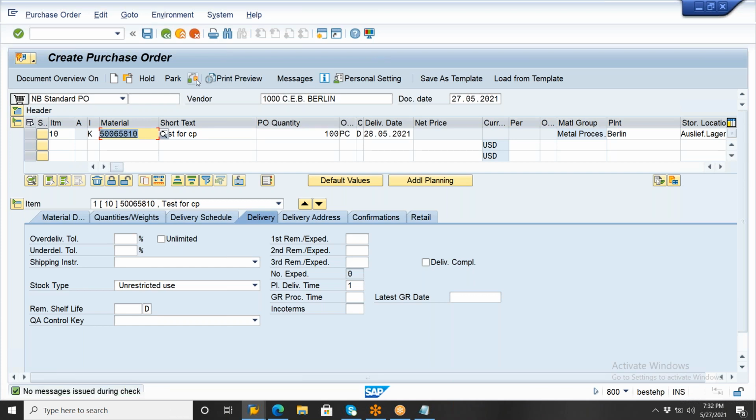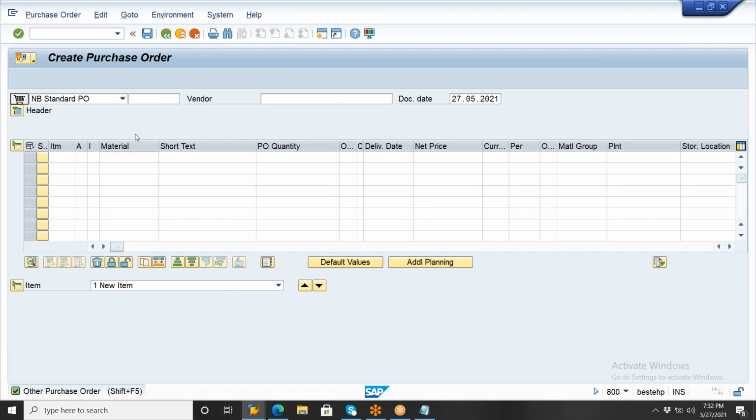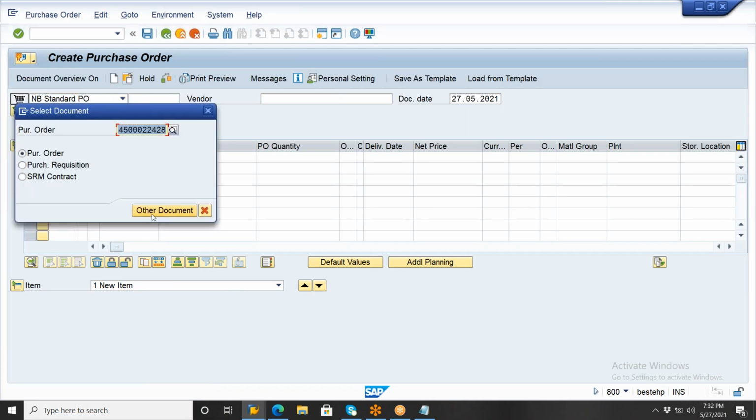Then once you click on message determination check and click on save, the purchase order will be created. So now this is my purchase order number here. Okay, so once the purchase order is created, now copy the number. The purchase order will go to the vendor. So whenever the vendor is dispatching the material,